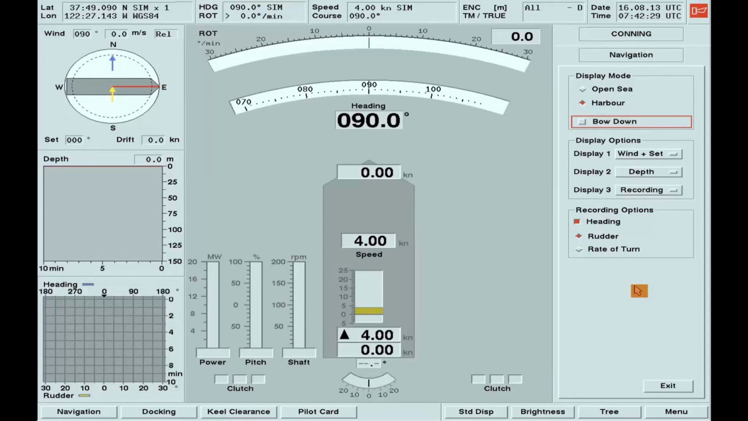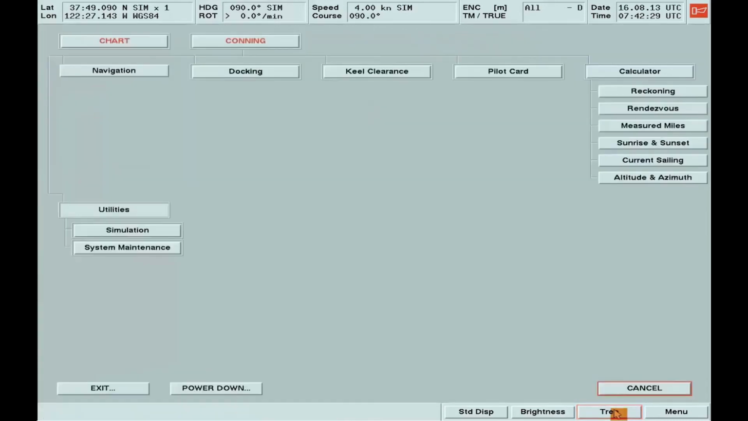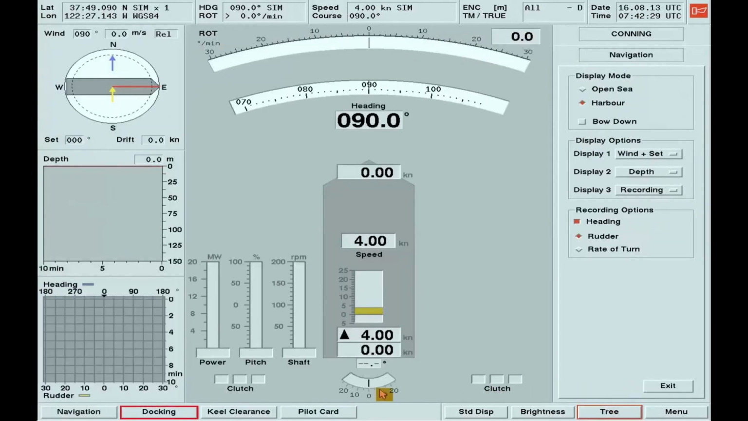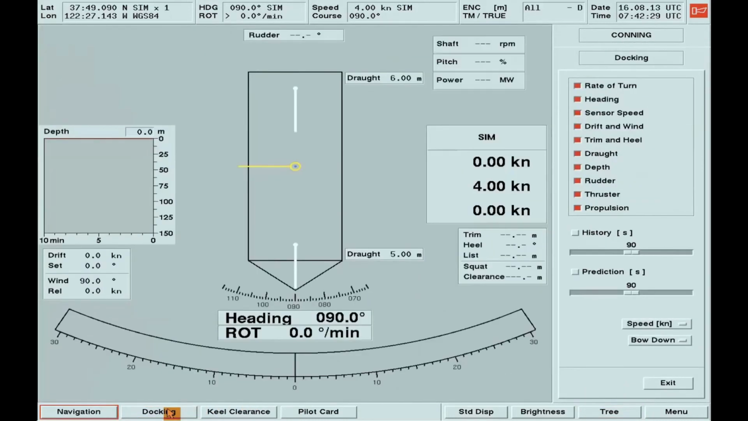Docking page. The docking page is intended to help you during docking or harbour operations. To open the docking page, you have to go via the tree or select Docking in the basic menu line. The menu provides the following checkboxes: Sensor data buttons to determine what's displayed, History to show the past track, Prediction